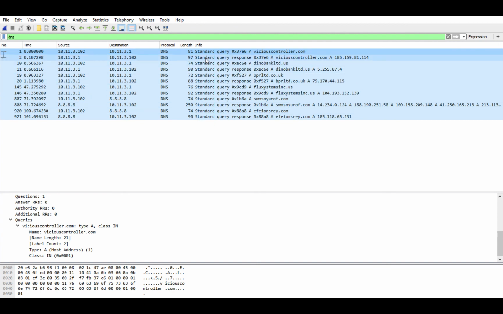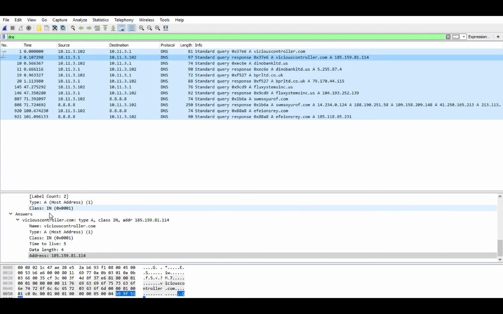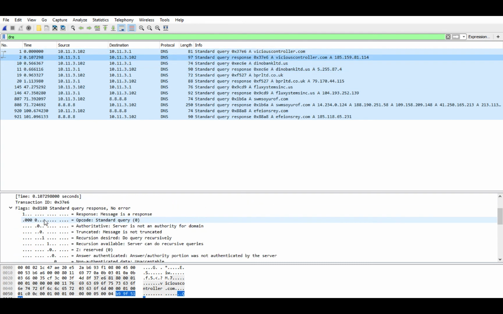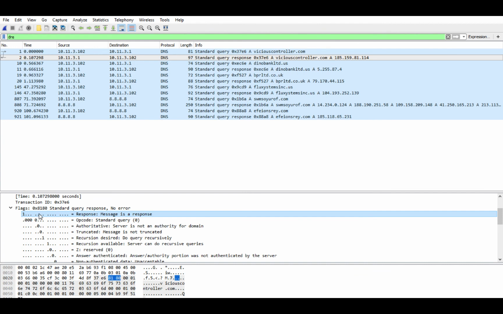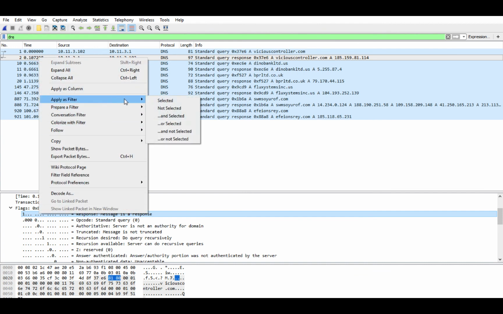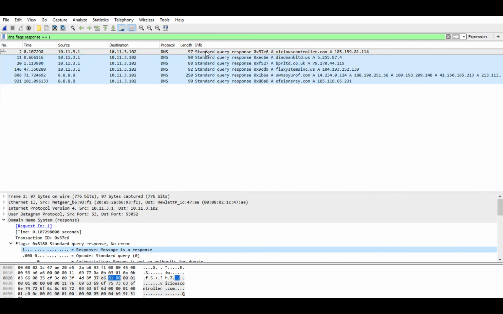Sometimes there are too many that we can't see, and we only want one of them. This is the request and the response, request and response. We want just the response. We can go here, and we can go to this flag that says this master's response and say apply as filter selected. So we only want the packets that have this flag on. We can put it here, and we can see only the responses up here, and we can add